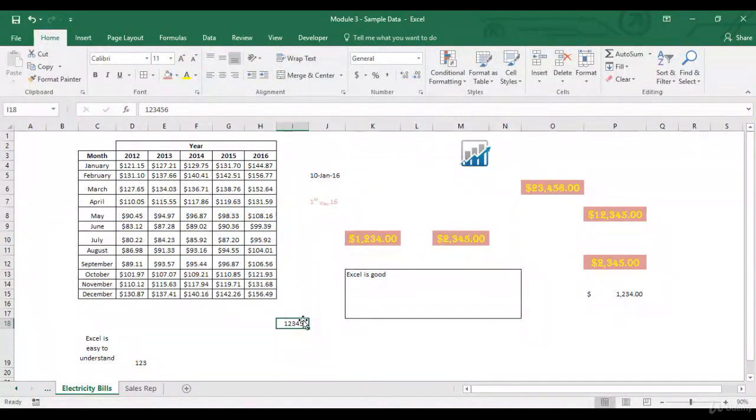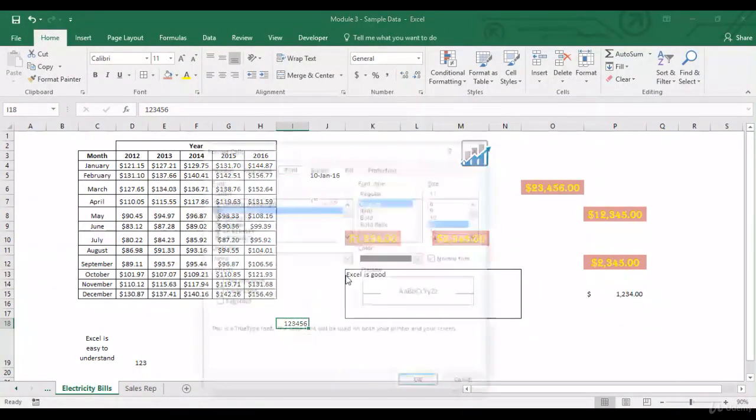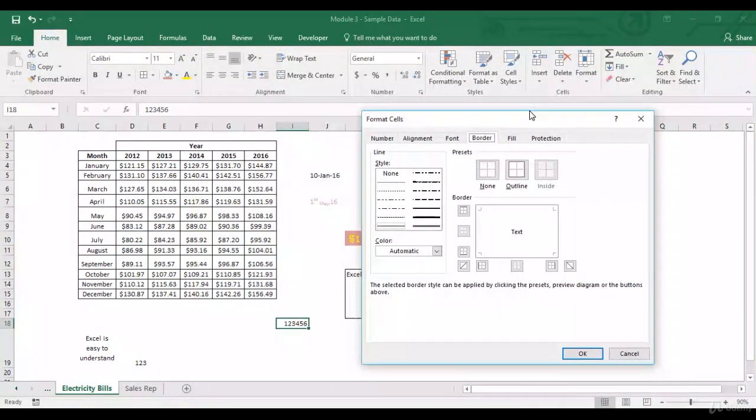Do a right click, format cells, border. Border, as we saw from the font group over here also, you have got different options. You can select outline, and because this is just one cell, that's why the inside option is not available. But